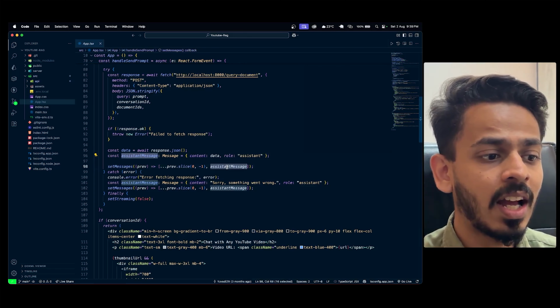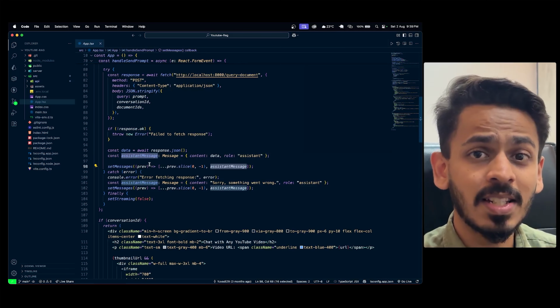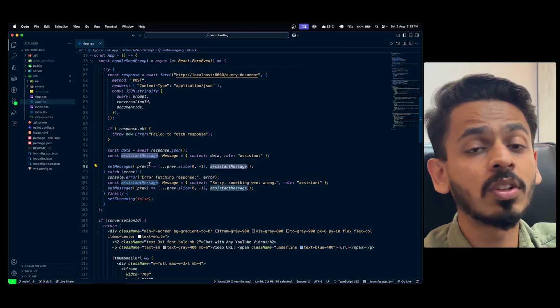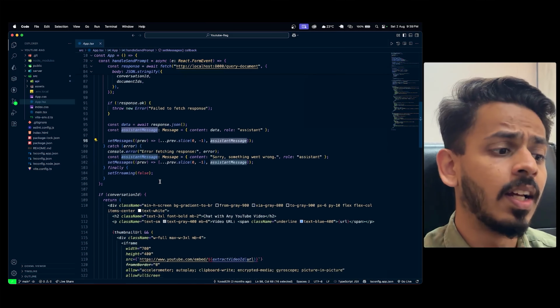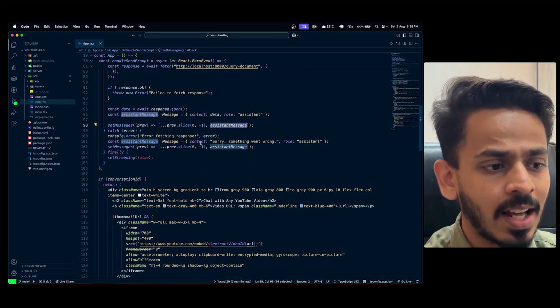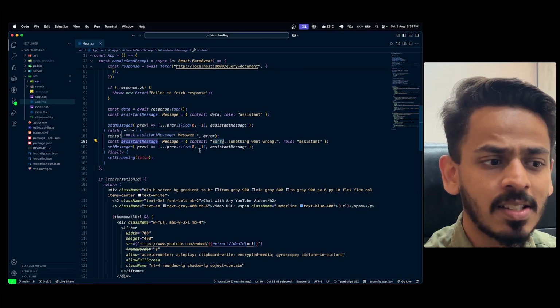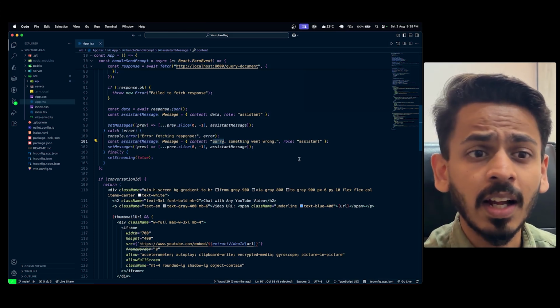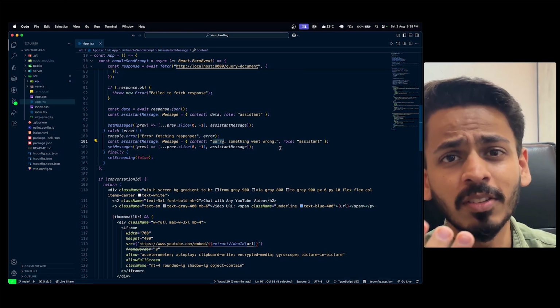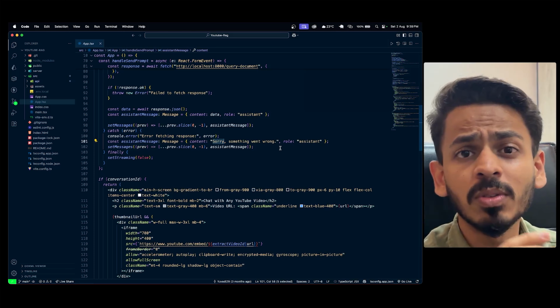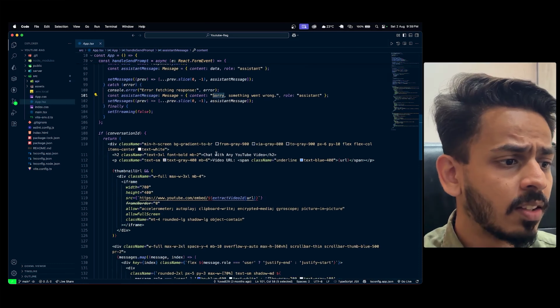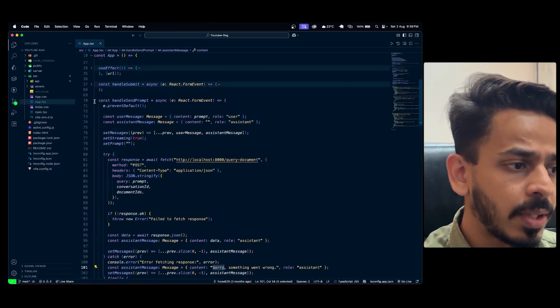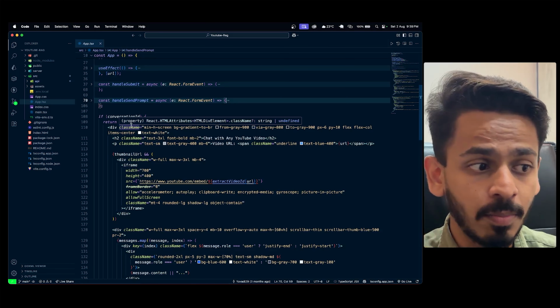After that, we also keep the previous messages to display. In case of any error, we have the content inside the AI message as "Sorry, something went wrong." You can customize that based on your use case and what you want to say to the user. So this is the API call that we make when we click on submit.